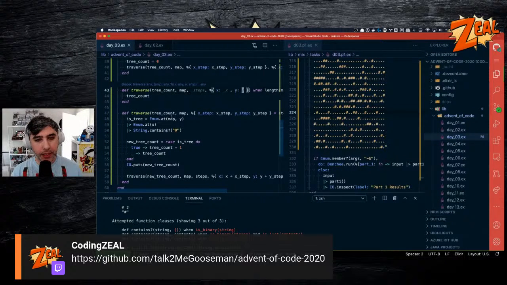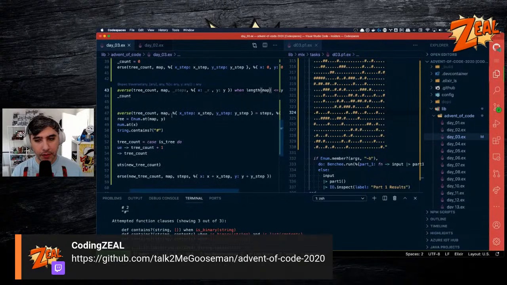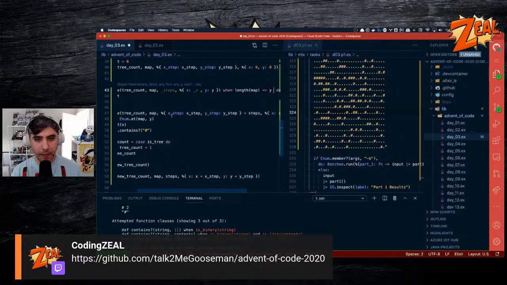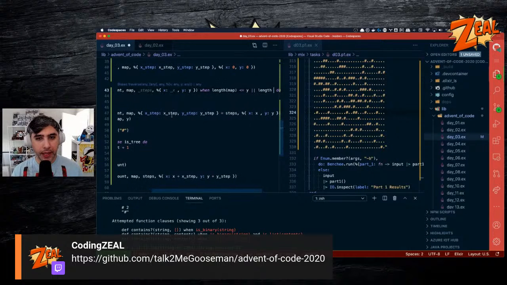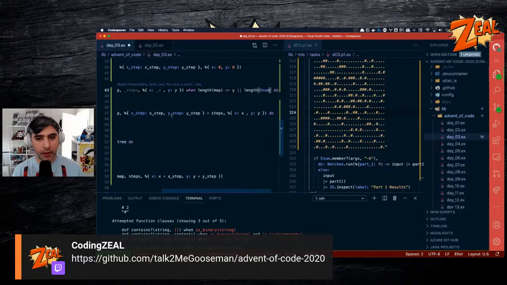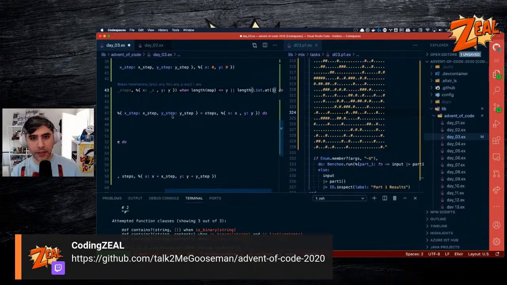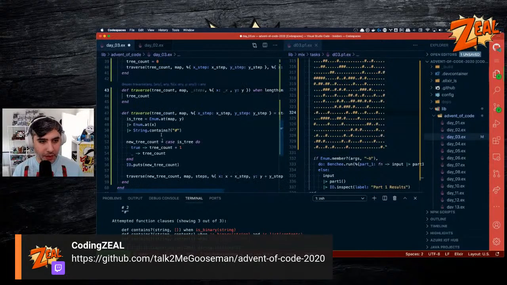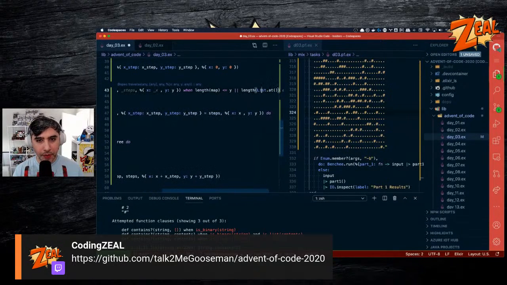Could we check for that condition in here? I'm not sure it's going to let us, but let's find out. Or length with Enum. Or is it? I forget if it's List or Enum. Let me double check. Okay, we're good. Let's look up Elixir again. Oh, actually, we already wrote it out here, so I don't even need to do this. Enum.at. What am I doing? Enum.at